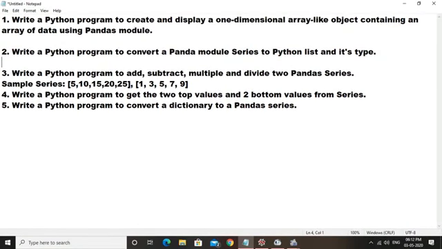Write a Python program to convert a pandas series to a Python list and its type. Write a Python program to add, subtract, multiply and divide two pandas series, with a sample series given. Write a Python program to get the two top values and two bottom values from the series. Write a Python program to convert a dictionary to a pandas series. All these programs you must complete in your practical file.